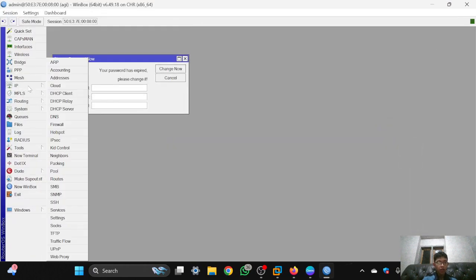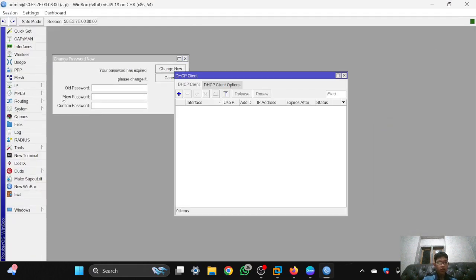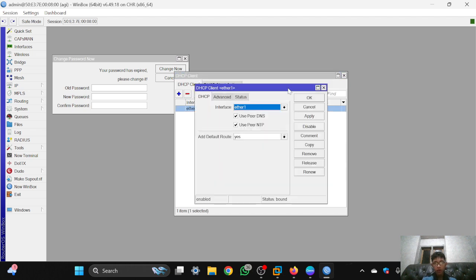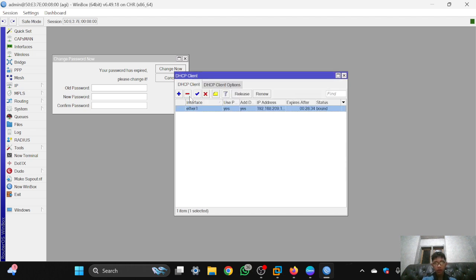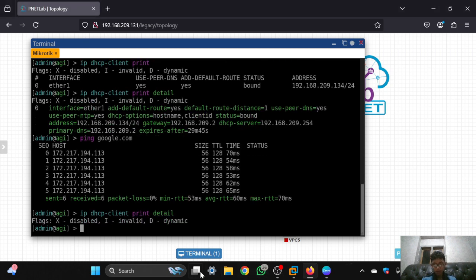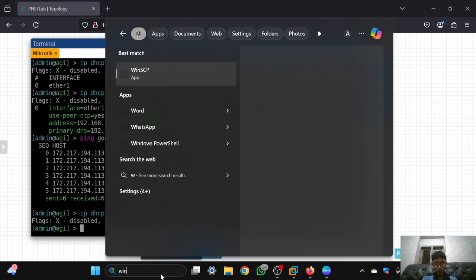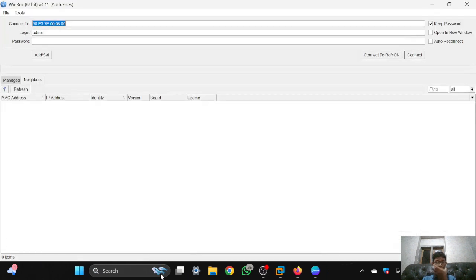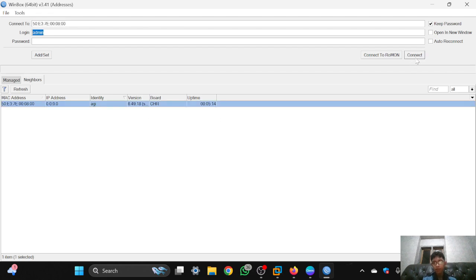Then go to IP and then DHCP client, and you can delete this, but you must connect again because the DHCP client here will be 0. Then connect to your MikroTik.